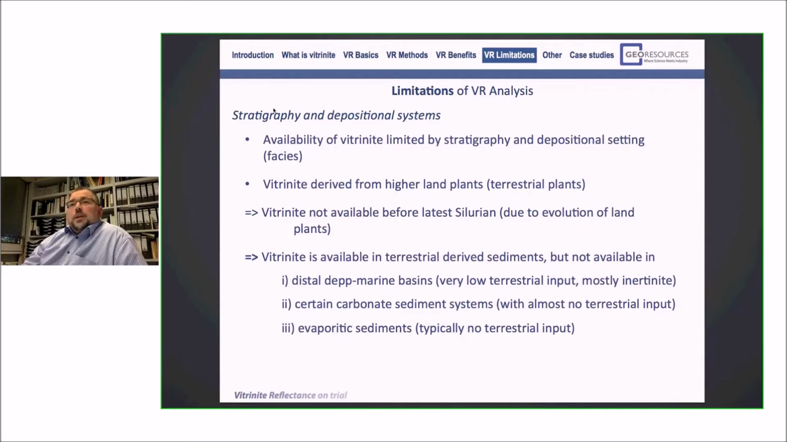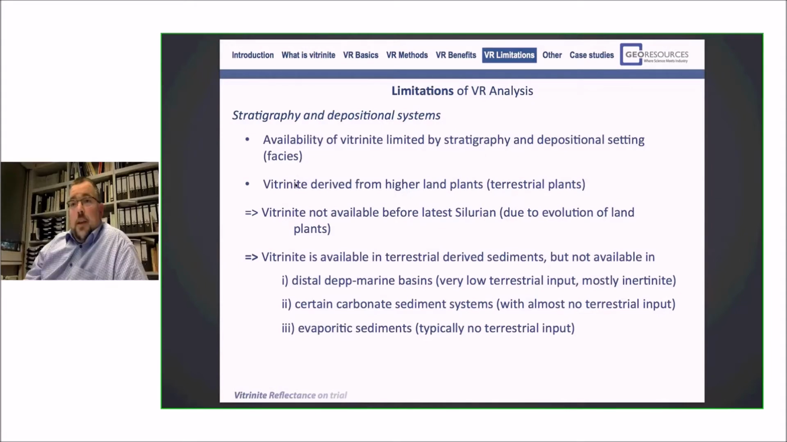The first major limitation is stratigraphy and depositional systems. One major point limiting vitrinite reflectance analysis is the availability of vitrinite. And the availability of vitrinite is limited by stratigraphy and depositional settings, what we call facies. Vitrinite, as I said just in the beginning, what is vitrinite? Vitrinite is derived from higher land plants. These are all terrestrial plants. So this means two